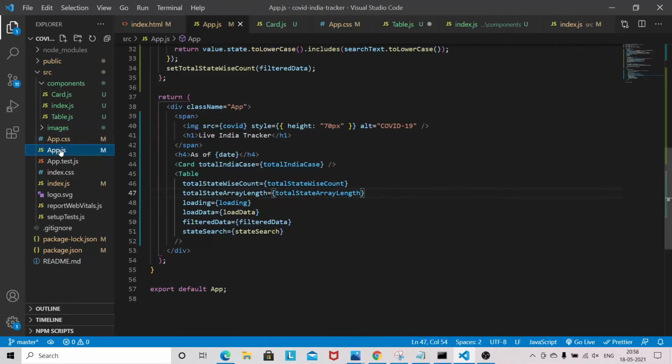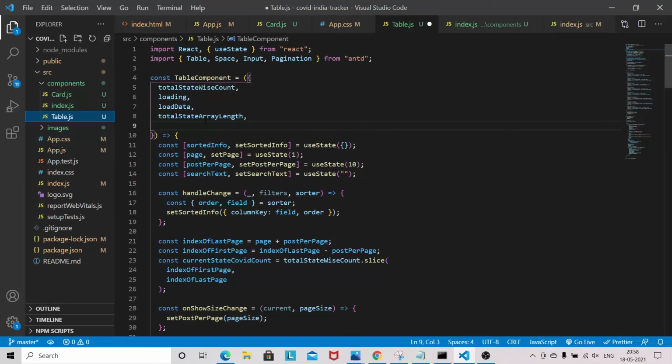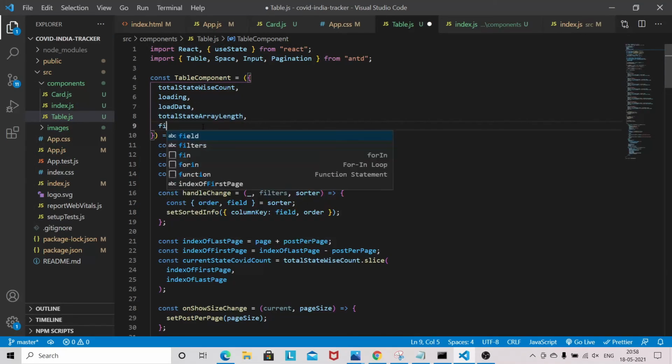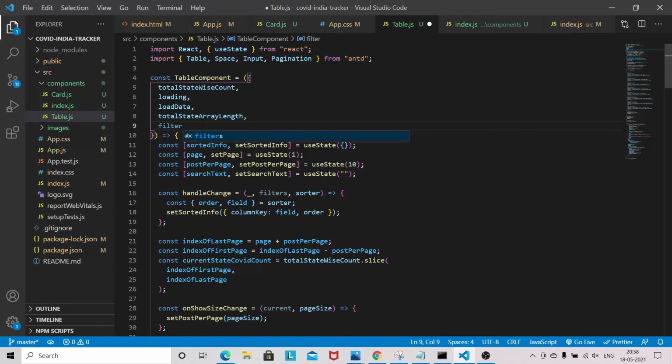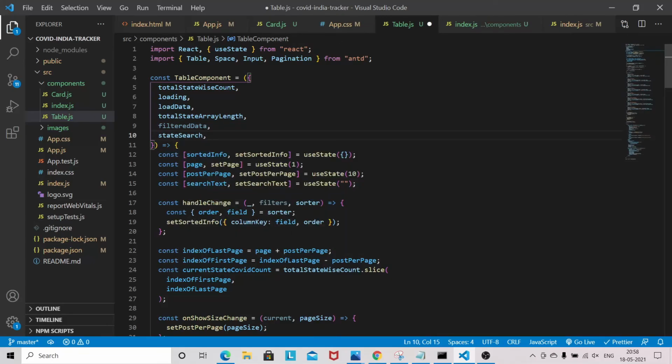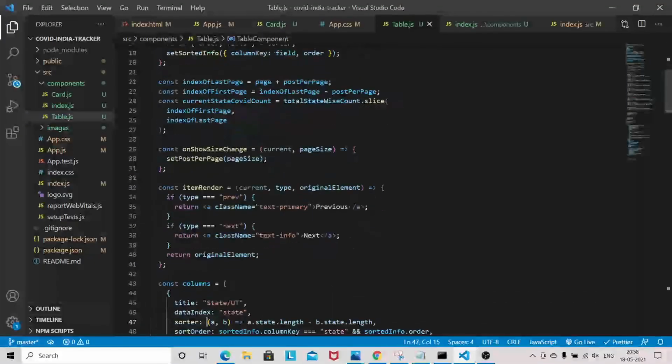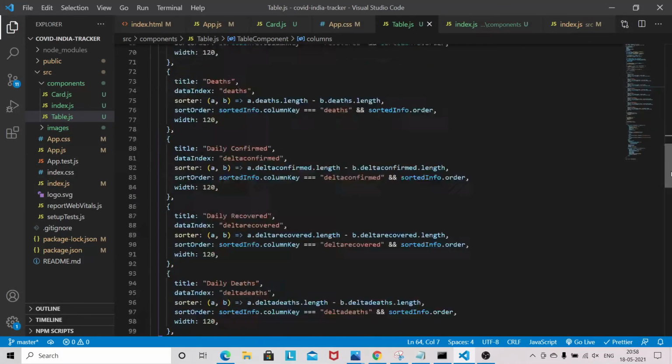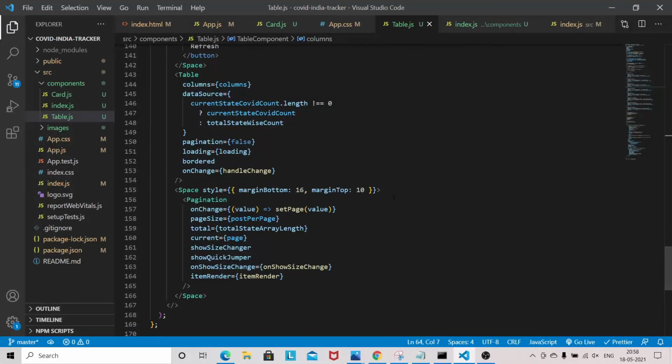So what are they? Filter data and state search. Let's copy filter data, state search. Now we have to modify this data source logic.